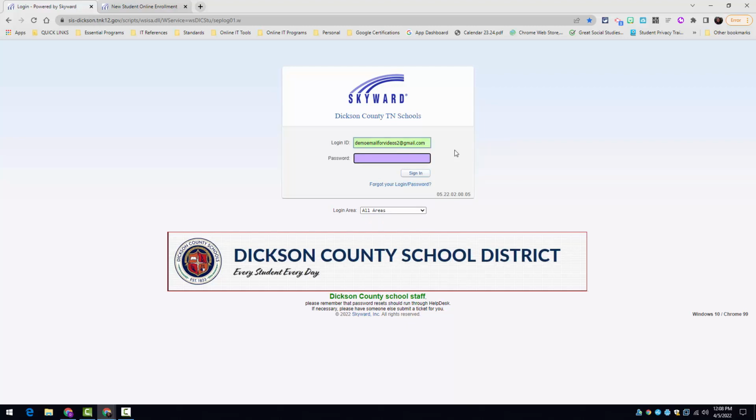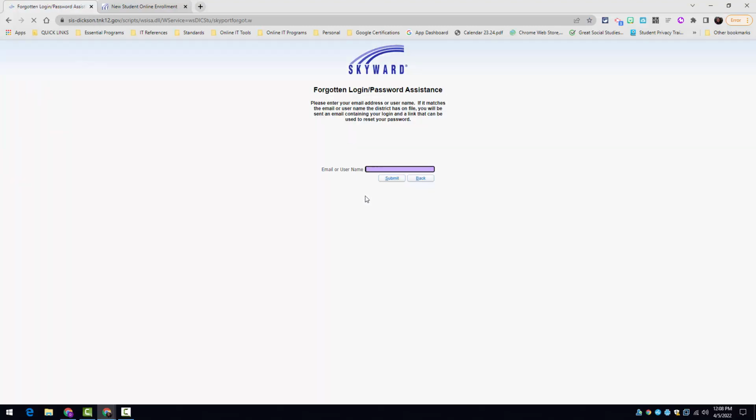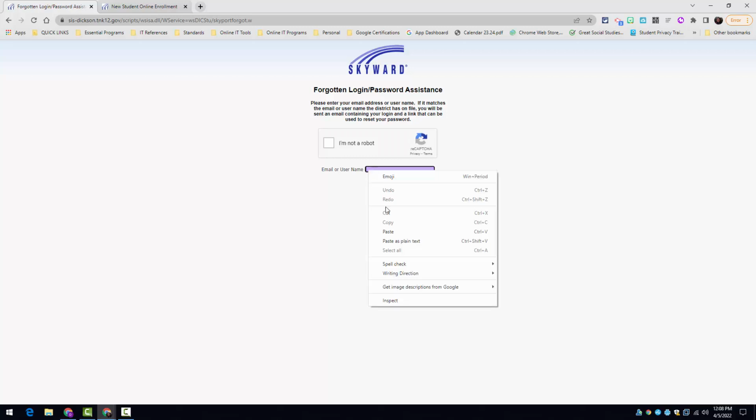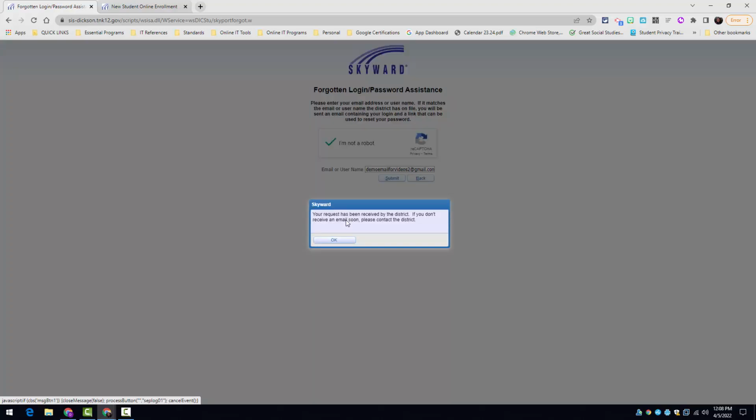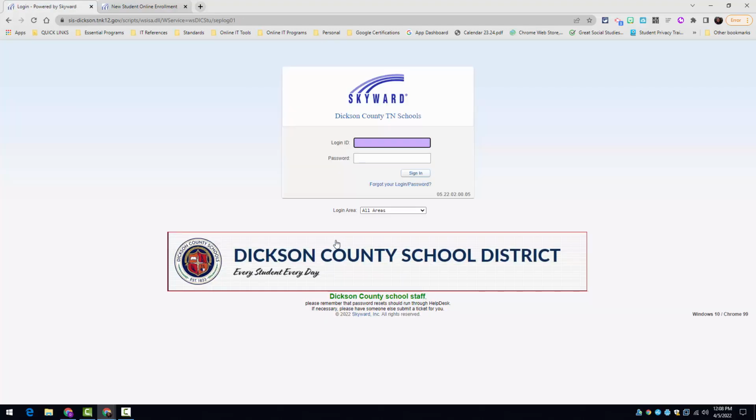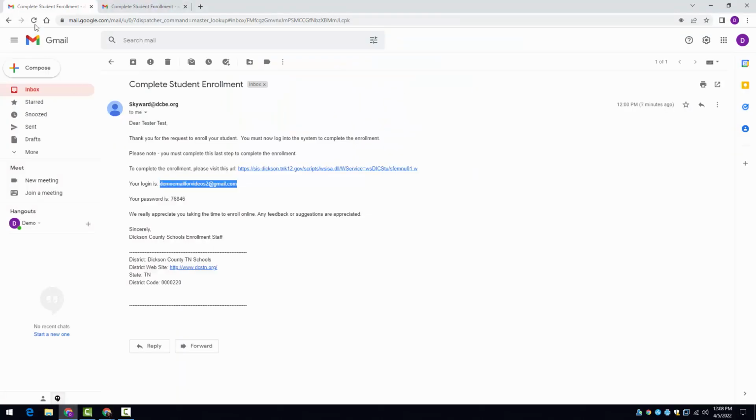If you have set up this account before, but it's been years and you can't remember what the password is, don't worry about that. All you have to do is come down here to Forgot Your Login and Password, and if you click on that, it's going to ask for your email again, and then you click I am not a robot and submit, and it will send you a code to get into Skyward